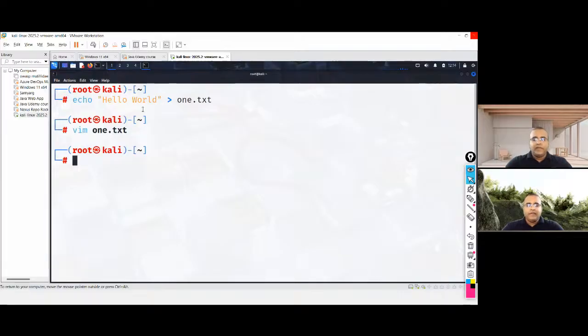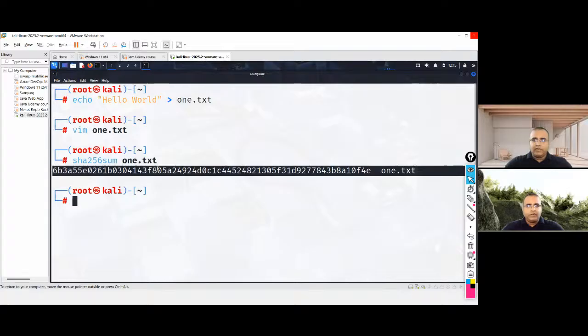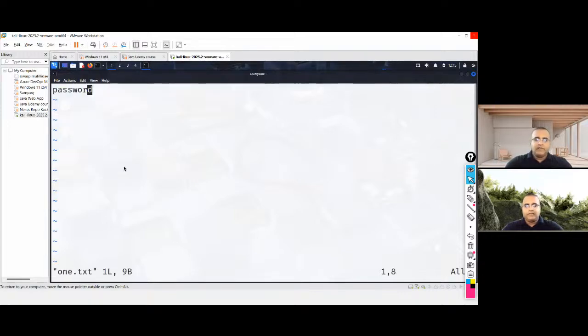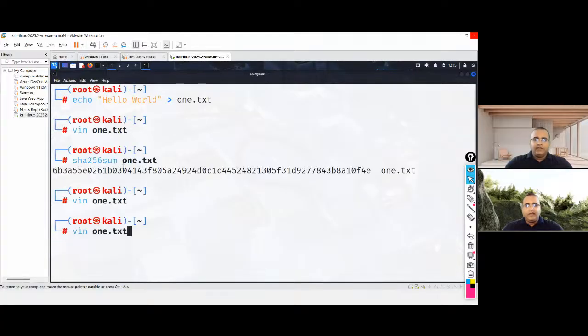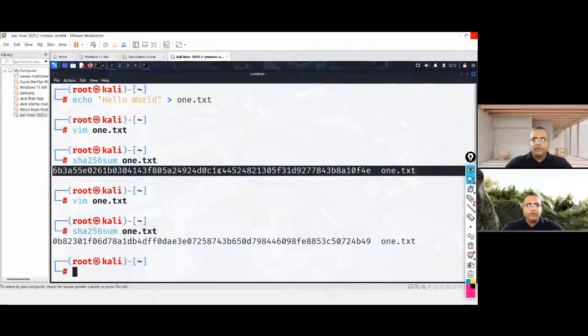What it is going to do is convert this into some format. For instance, there is an algorithm called SHA-256. It is going to create a particular digit file, converting it into a particular pattern. See over here, this is a very unique number for that. Whenever there is this password, this is the number value it is going to have. Even if there's a small change, let's say I add a 1 or a D, the value is going to change significantly. See, the value is no longer the same.